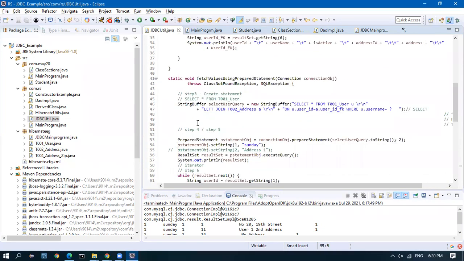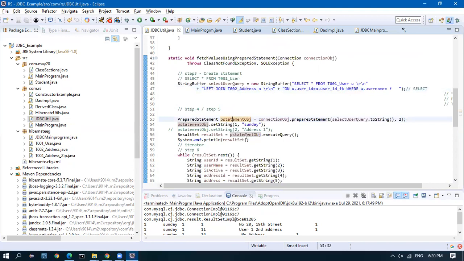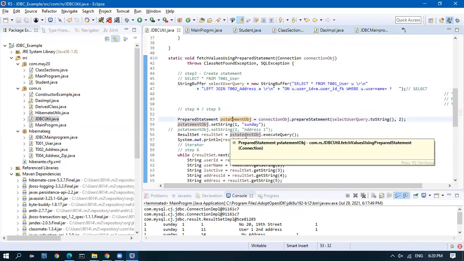Second, how do we fetch from a table? We have a query. This is a simple query which selects star from table 1 with an alias, second table alias, left join on the column, and where username. So if we are going to go with where and a question mark, we have to go for a prepared statement. A prepared statement is something we use when we want to do a filter or a search based on a user entered value. In a search box, the user has entered something like TV.